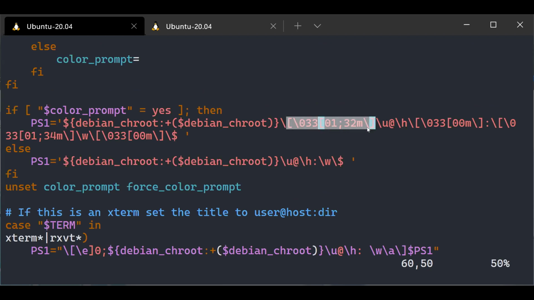So what this is doing is setting the color of this word, and then it's changing the color to make it this symbol, and then changing the color to be this thing, and then the color for this thing. I do not know off the top of my head what the different colors are for these escape codes. So if I was interested in changing my prompt, what I would do is I would use a tool